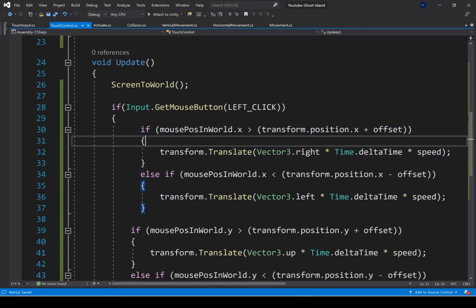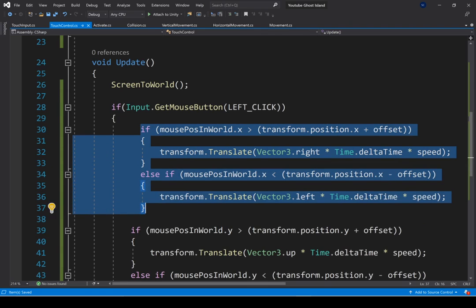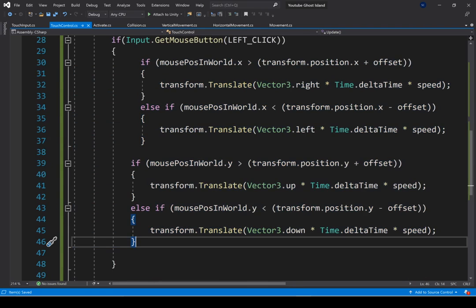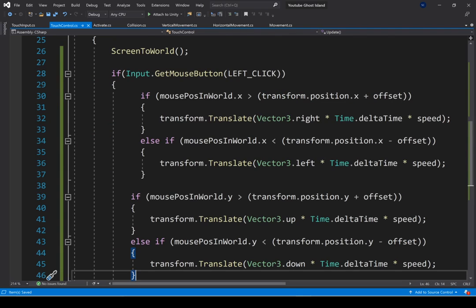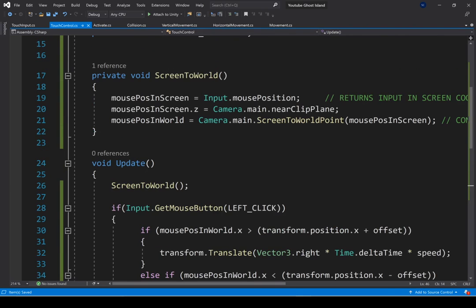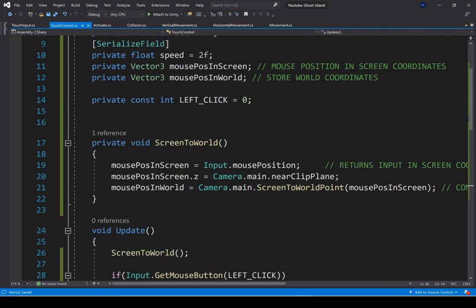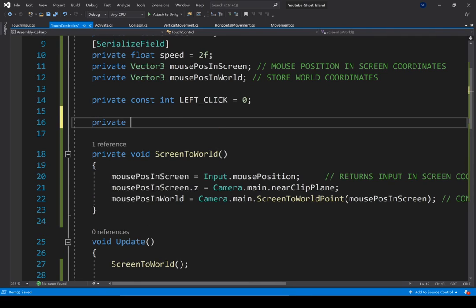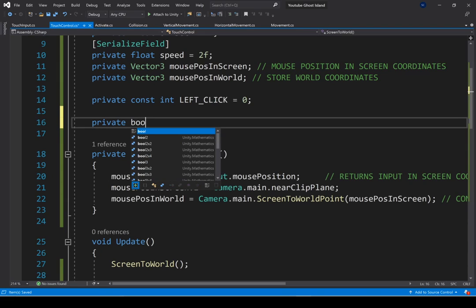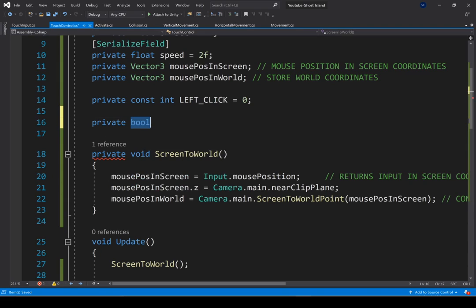To break it down, we can move in either X or Y. So we need to have a variable that keeps track of if we are moving in X or Y. I'm just gonna do it for Y, makes a bit more sense. So I'm gonna create a variable, private bool. If you guys remember, boolean is a data type that can store either true or false. Okay, so I'm gonna call it is